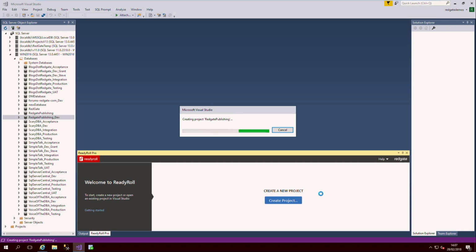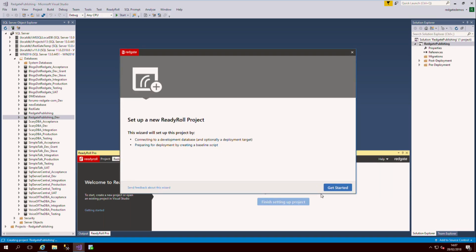And where this changes compared to previous versions of this tool that you may have used is we'll now launch this special project wizard. And this is where we are embracing that shift in the results that we've seen out there in the market, where people now know that it's a good idea to do database DevOps, but they need help getting started. And so actually this wizard takes a lot of the pain out of getting up and running with database DevOps using the SQL toolbelt. So I'm going to click on Get Started,